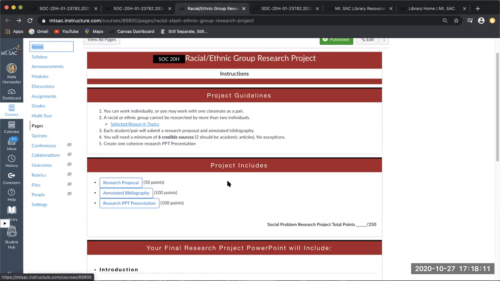And I purposely create this assignment with different assignments that stack on each other, so you don't leave your research PowerPoint presentation until the last minute. I was a student once. Still am a procrastinator. I would be one of those students that would work on the PowerPoint presentation the weekend before it was due. So I really don't want you guys to do this. Honestly, procrastinating like that does not give you the best results. So this is going to force you to work on these assignments ahead of time.